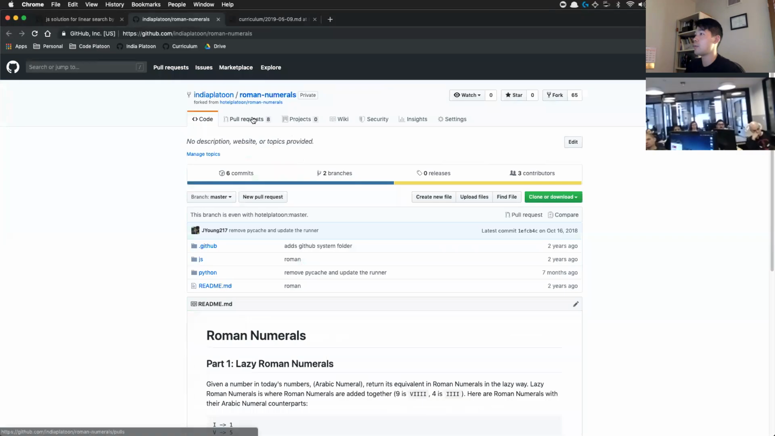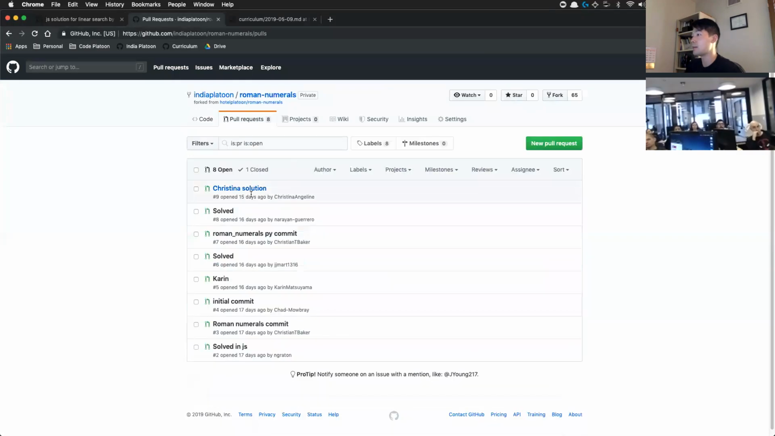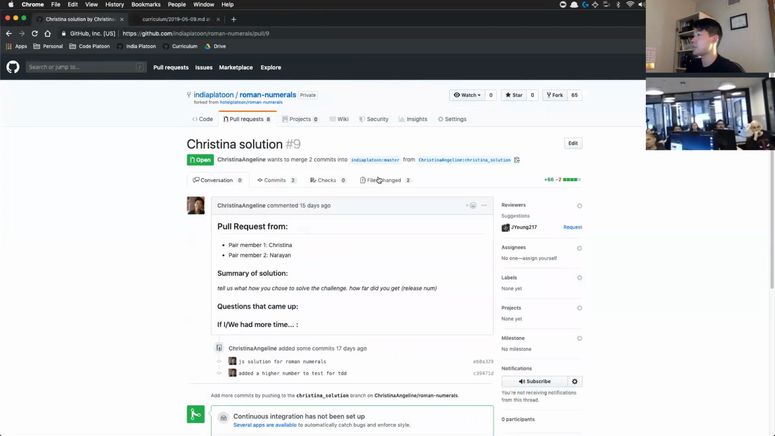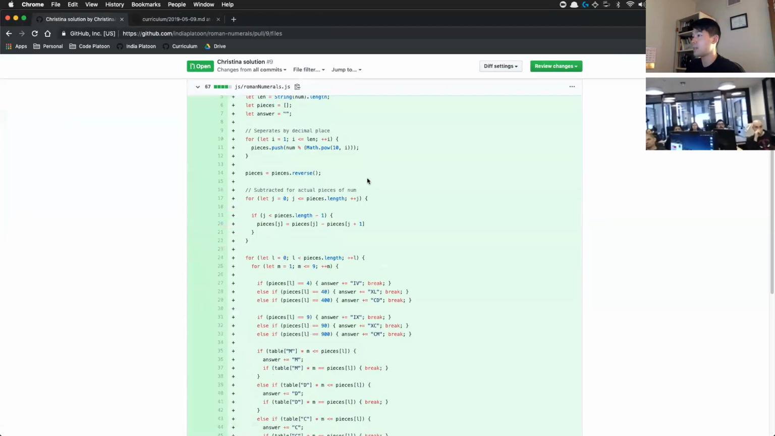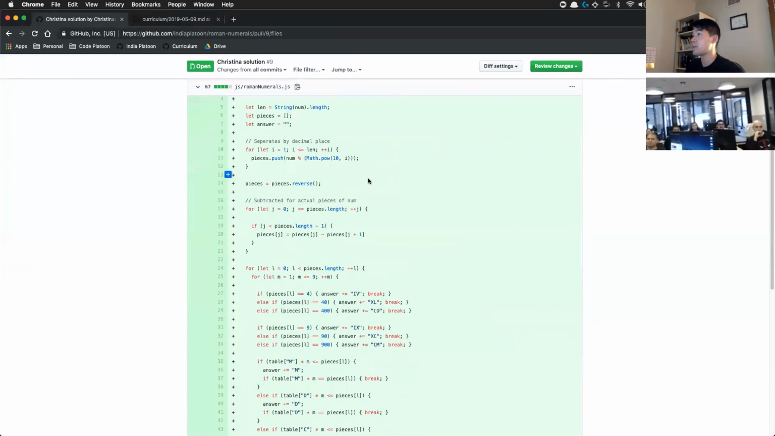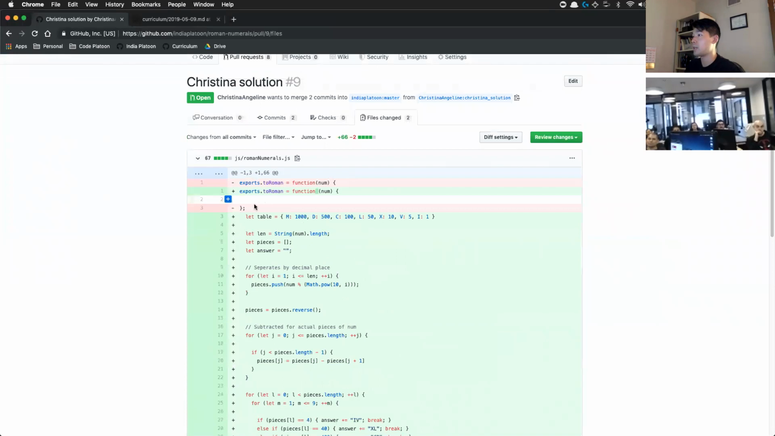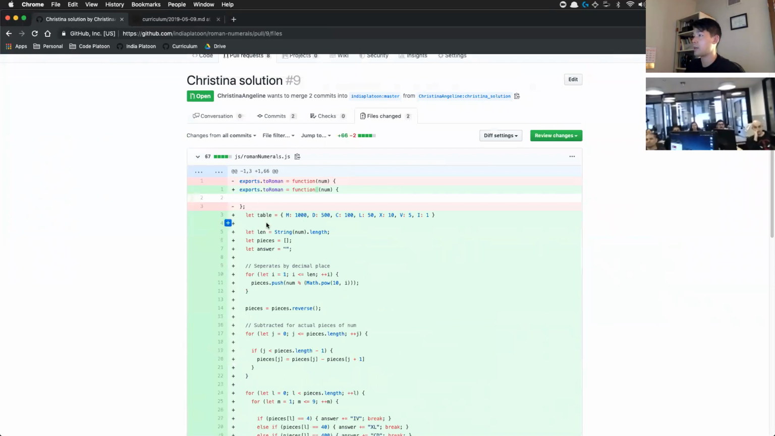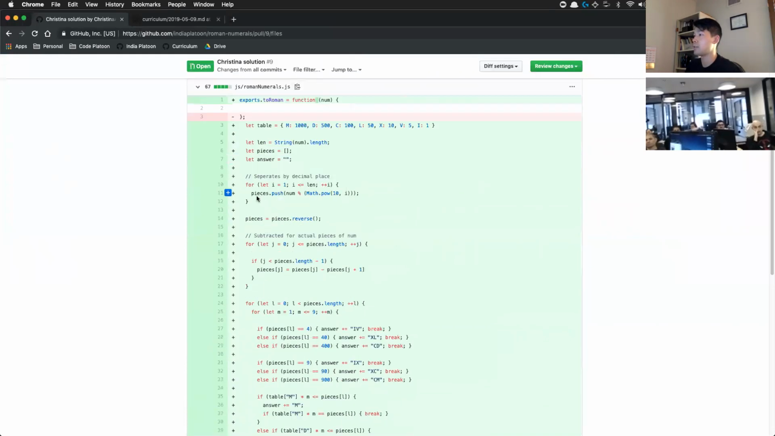Let's take a look at Roman numerals here. I'm going to pick on Christina again because she's on the very top. All right. So let's take a look at this one. This particular code over here has a bunch of things inside of there. So let's take a look at just lines 10 through 12. We've got a single for loop, which means it's,